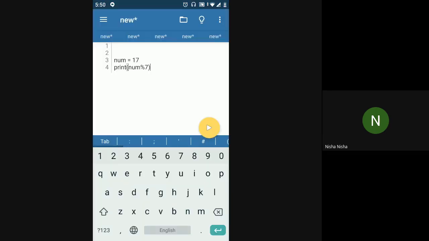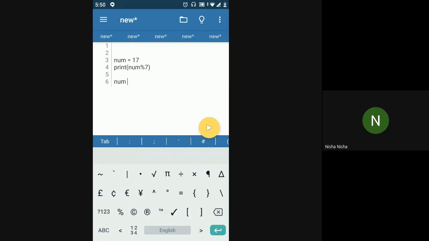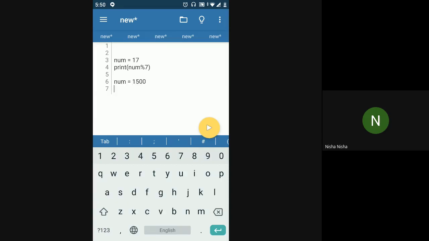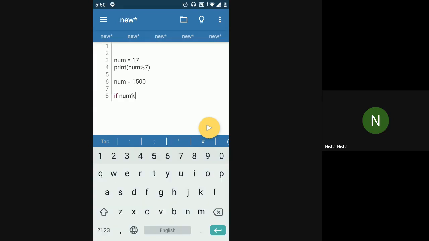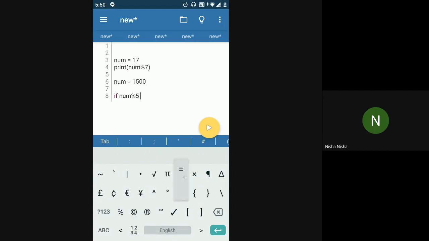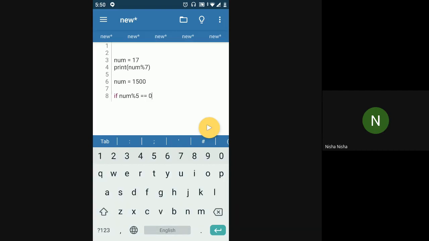Okay, so suppose I want to check if 1500 is divisible by 7 and 5, then I have to check if the number modulus 5 is equal to 0, right? If num modulus 5 is equal to 0, then this number is divisible by 5, is a multiple of 5.